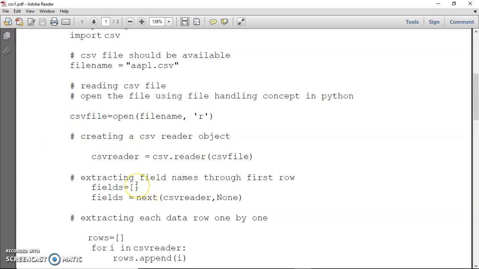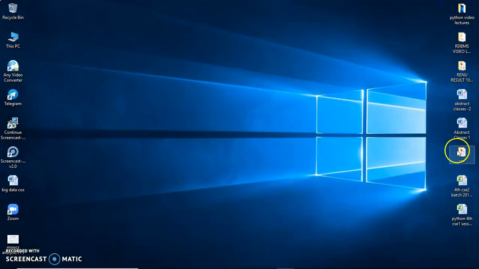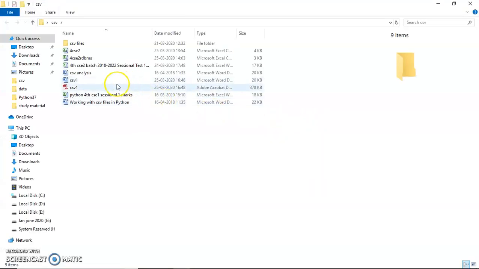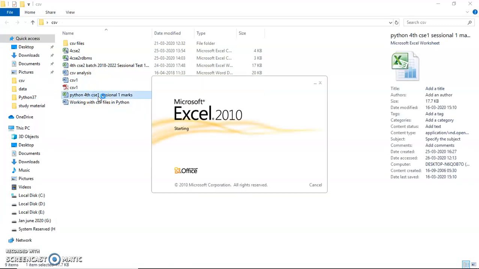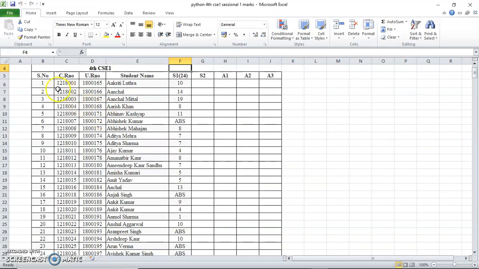Now next is how we can extract information from a CSV file. For that, let me just open up a sample CSV file for you. In most of the CSV files, we have something known as a header and then the data. So I'll be opening up this file for you. As you can see, I'll be picking up this file. Obviously, this is an Excel file. I'll first convert it into a CSV file. This is the header row. This is not taken up into analysis, okay? And the rest are the data rows, all right?